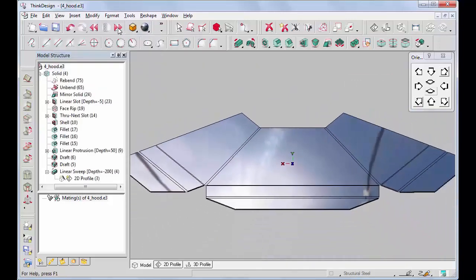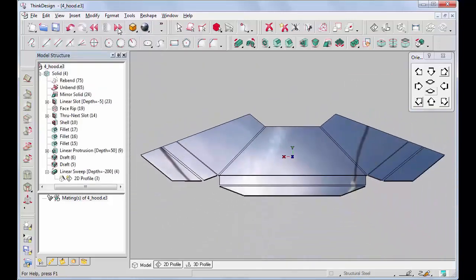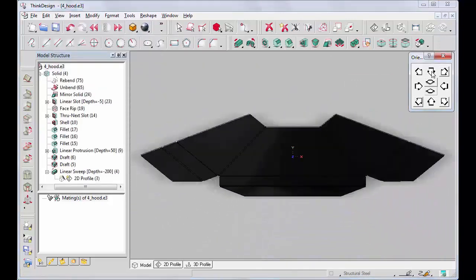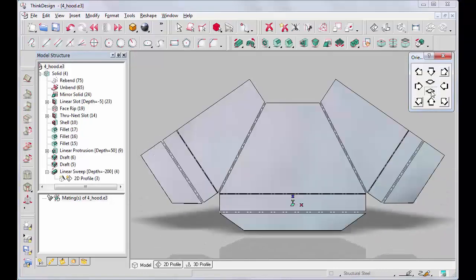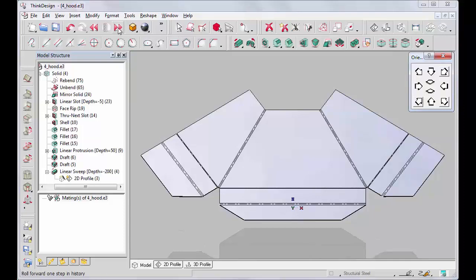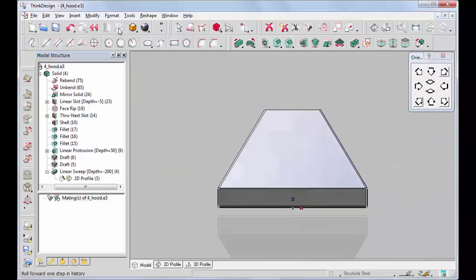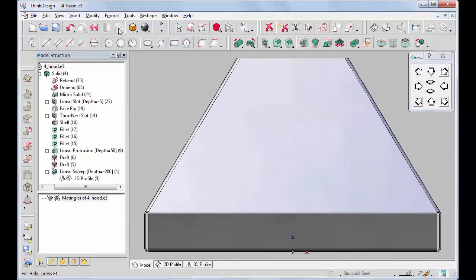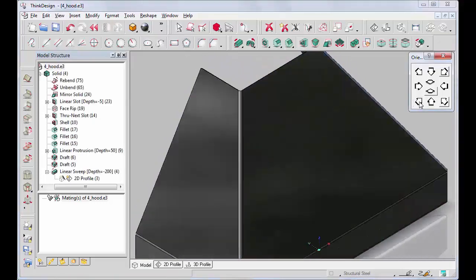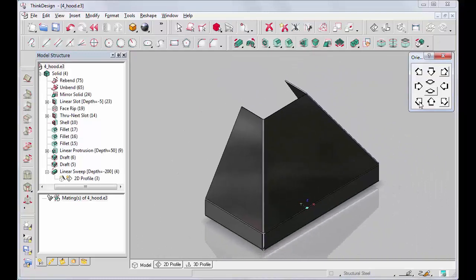Then the hood is unbent, and then, as you can see, it was unbent and then rebent again using the rebend command, and here we have it. So you can take a look at the final object,